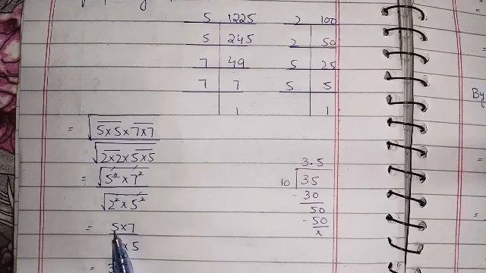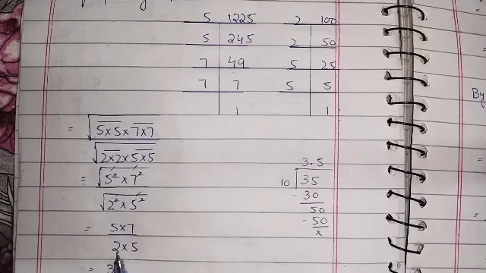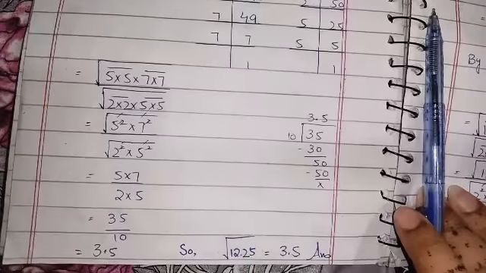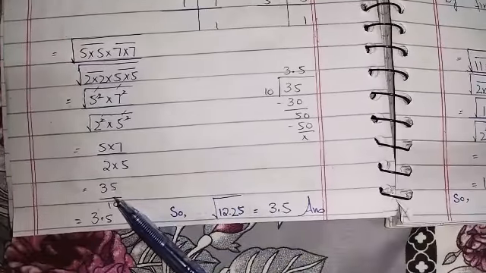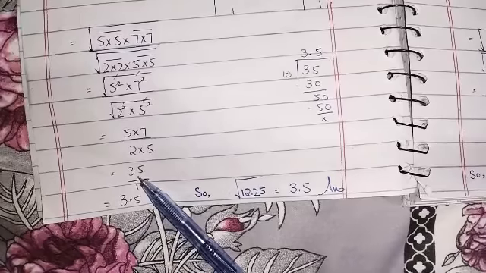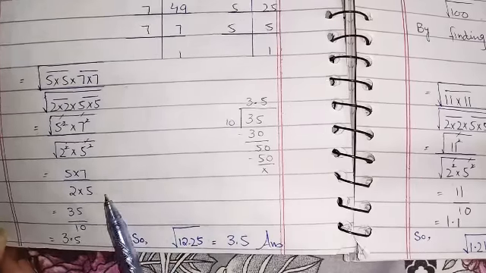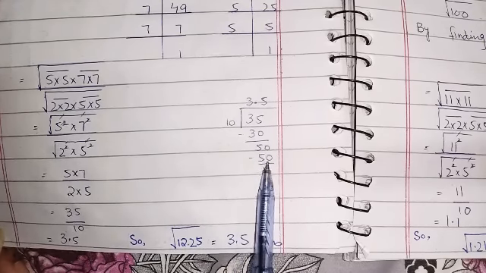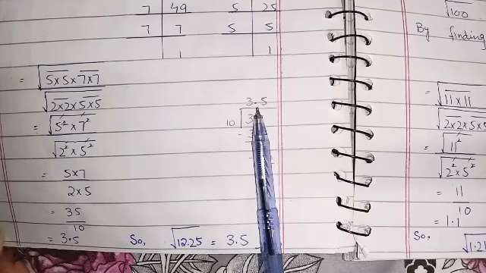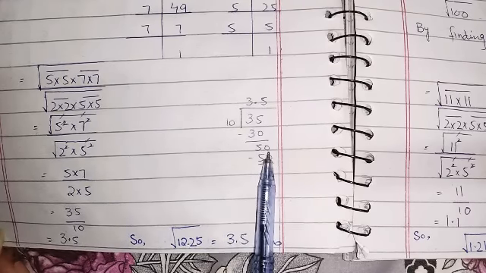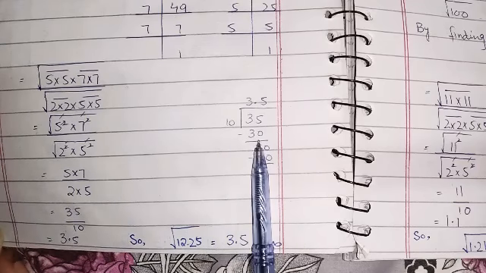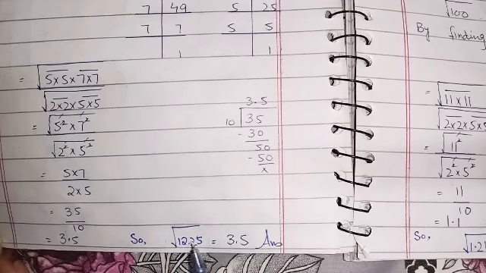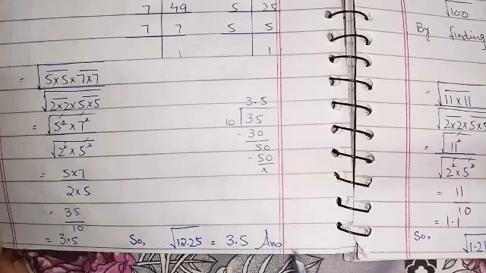In the numerator we get 5 into 7, and in the denominator we have 2 into 5. When we multiply 5 into 7 we get 35, and when we multiply 2 with 5 we get 10. Here you can see 35 over 10. Now students, we will divide 35 by 10. Here is the working. 10 3s are 30. After the subtraction we get 5, which is smaller than 10. Then we will write a point in the quotient and 0 with the number. We get 50, and 10 5s are 50. Then after the division we get 3.5 here. So we will write the answer as square root of 12.25 is equal to 3.5, which is our answer.